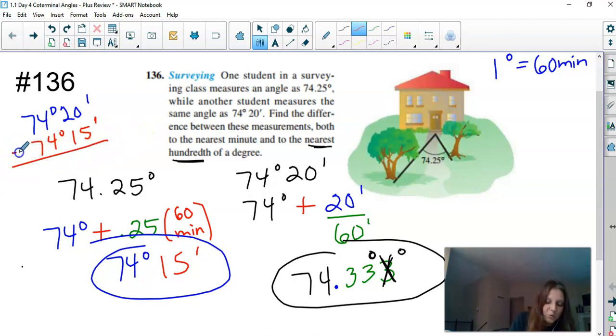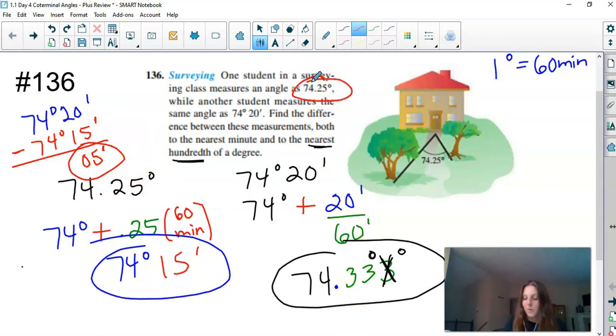So if you were to subtract these two out, the difference between the two students' measurements would be 5 degrees, or 5 minutes. So that's actually a pretty accurate measurement that they got. If you were to compare the other two